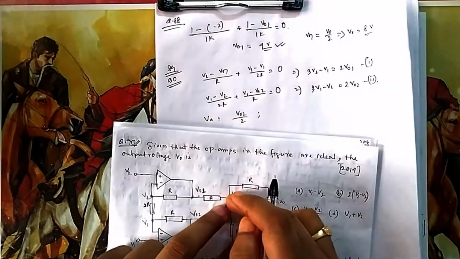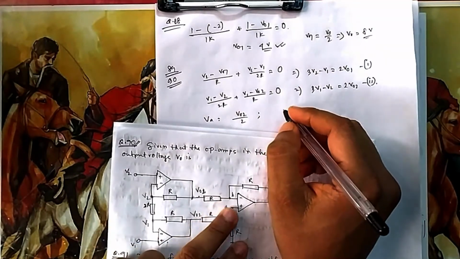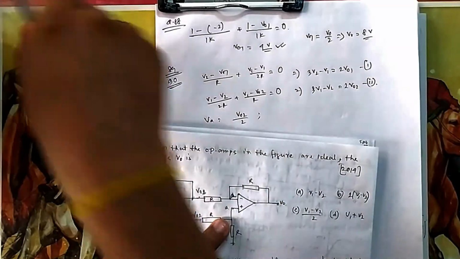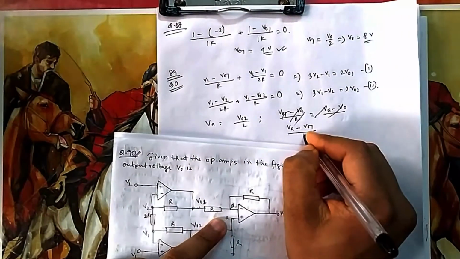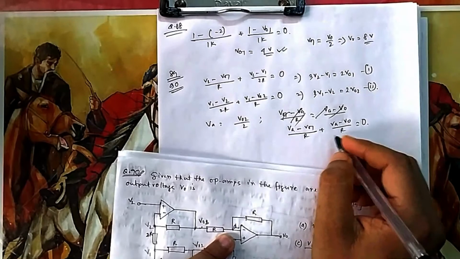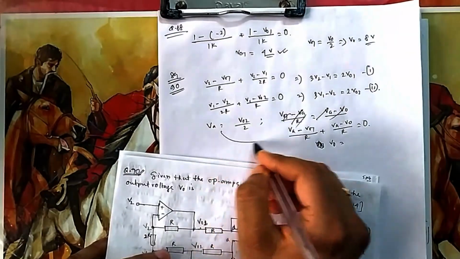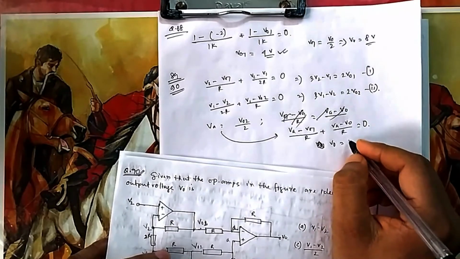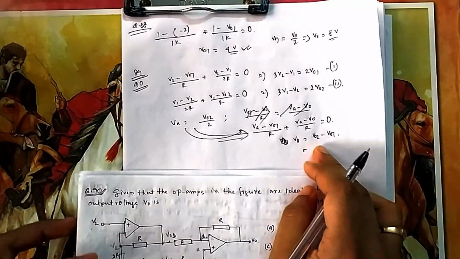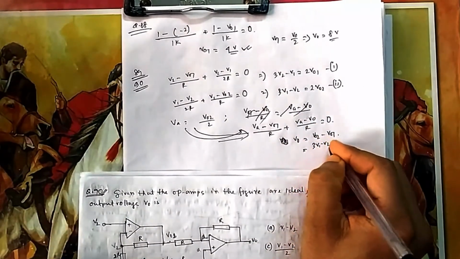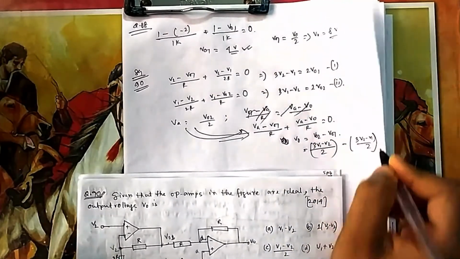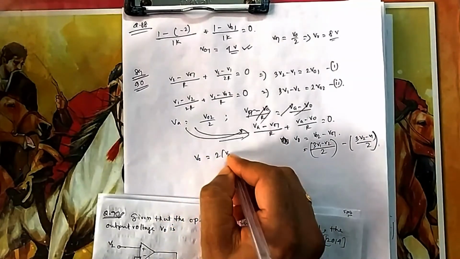And for here, because we cannot directly write, we will take nodal. Because this is A and it is negative feedback, this will also be A, no need to write B. So outgoing current VA minus V01 divided by R plus VA minus V0 by R is equal to 0. From here you will find V0. If I put VA equal to V0 by 2, the final expression is V0 equal to V02 minus V01. Putting V02 and V01, you get the expression in V1 and V2. What is V02? 3V1 minus V2 by 2. And what is V01? 3V2 minus V1 divided by 2. So if you do it, you will find the final expression V0 equal to 2V1 minus V2.